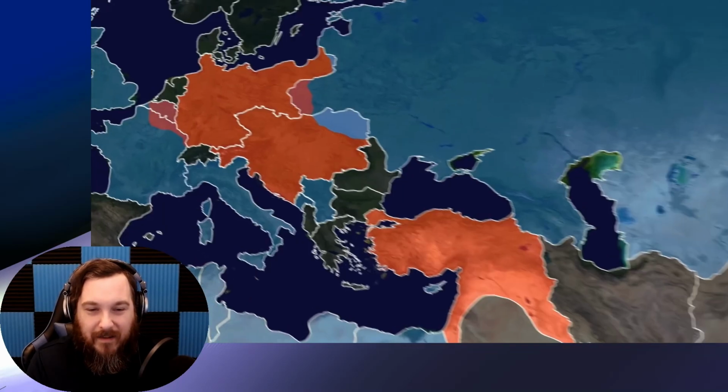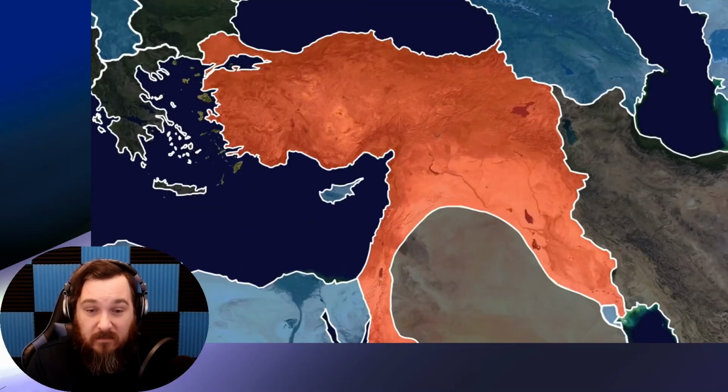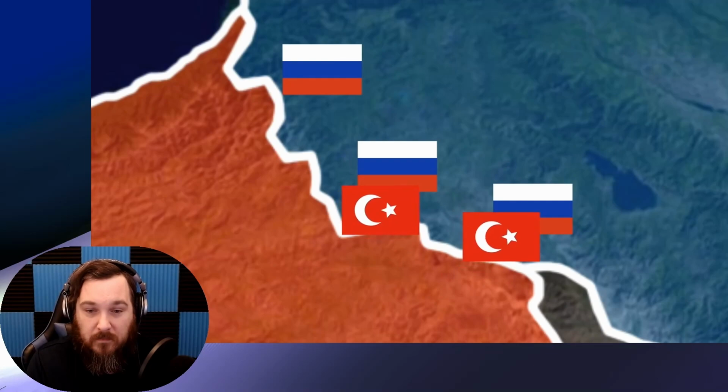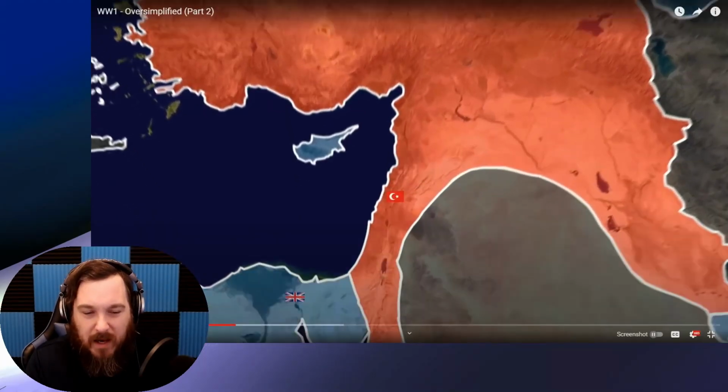The Ottoman entry into the war was of particular concern to the British, since the Middle East was full of oil, and Britain wanted all of that oil. First, the Ottomans tried to attack Russia in the Caucasus Mountains, but they weren't prepared for the cold, and many of them froze to death. Then they crossed the...